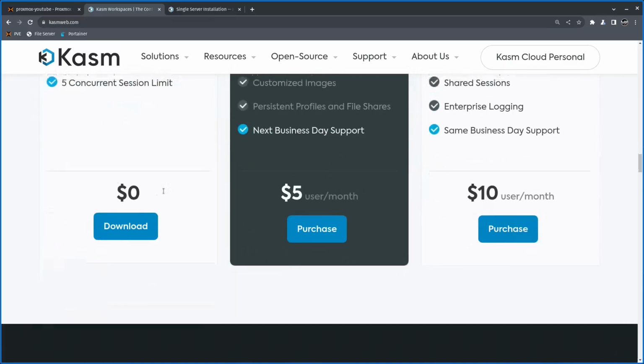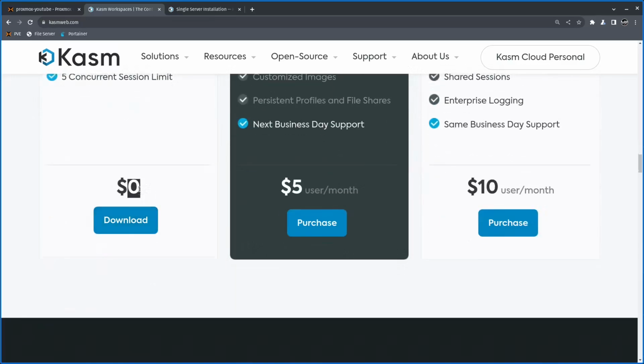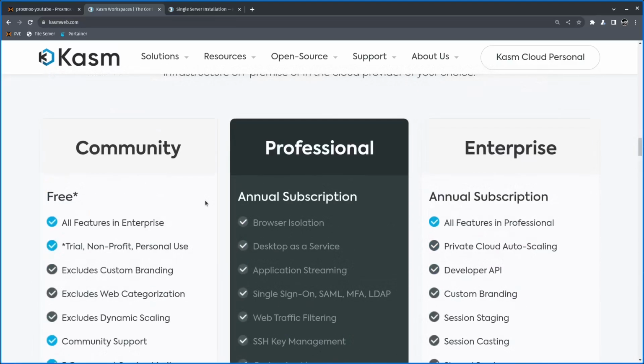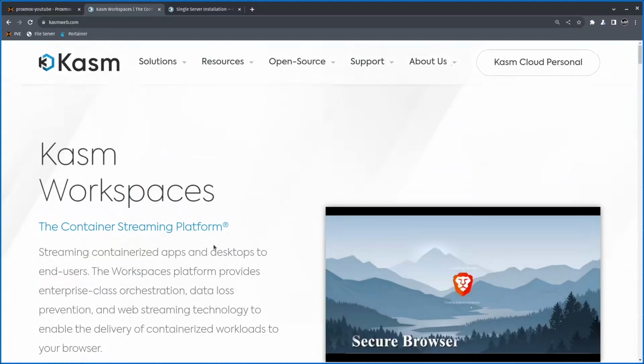I'm going to use the community one, which, as you can see, is free. It's $0 a month. And for home lab users, I would say the community edition is more than enough. I've been using community edition KASM inside my home lab for almost a year now, for my personal use and for my work. Mainly for work, I'm using the